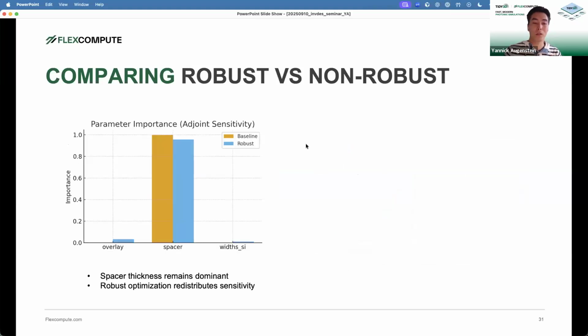So instead, we're going to plot again the parameter importances for the baseline design and then for the robust design, because I think this plot is actually quite interesting. The baseline design, again, you can see is completely dominated by the spacer thickness. But you can see that in the robust design, the relative importance of the spacer went down a little. I mean, it's still dominating. That's just the physics of the problem. But relatively, the layer offset and the grading and the edge bias gained a little bit